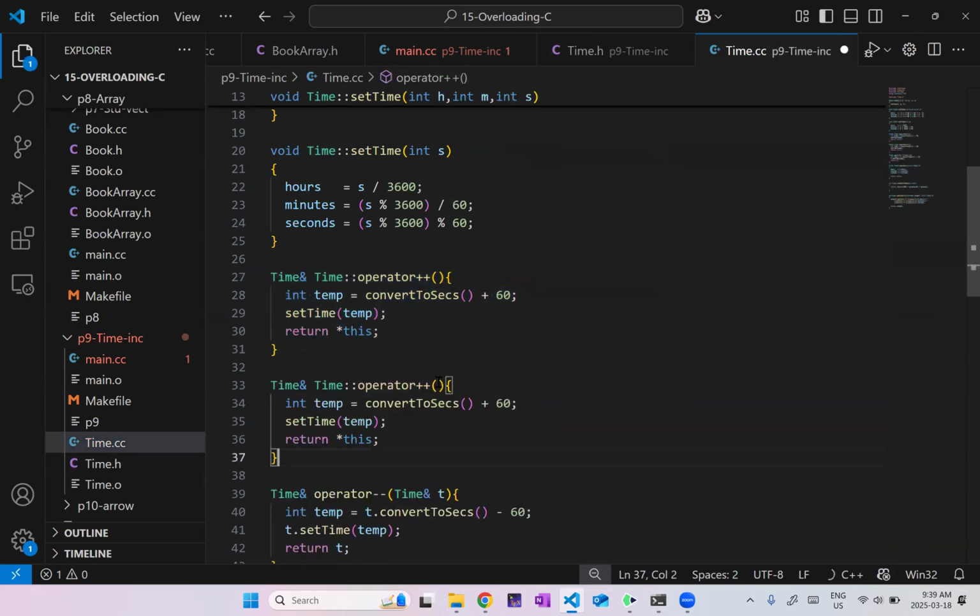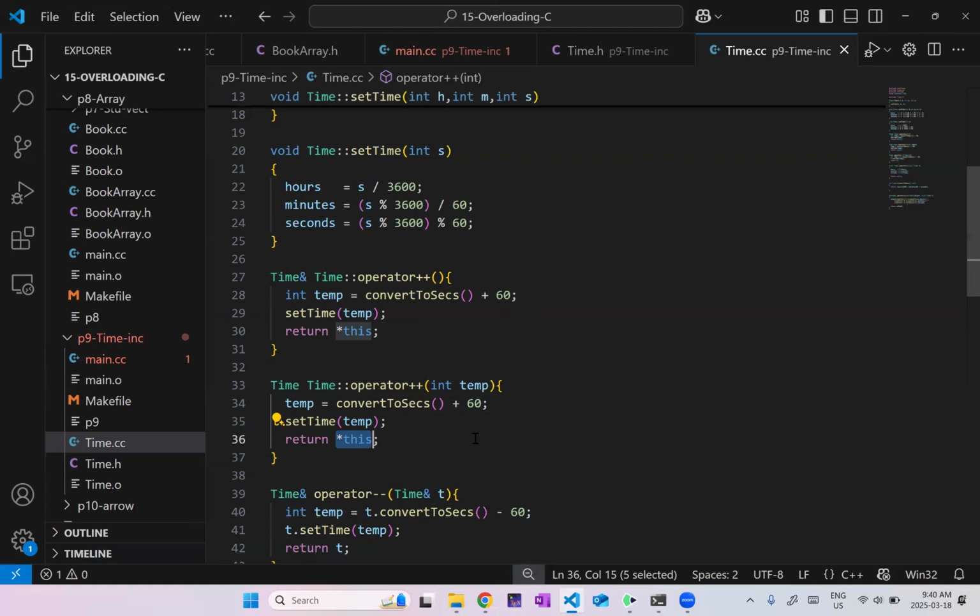So we want to do something similar. We want this dummy. Now, I don't have to use this, but I declare a local variable here. I can just use this dummy variable instead. It doesn't get any values that I know of. Maybe it starts as 0, maybe not, but we're going to use it because you can. So we're going to say temp equals convert to seconds plus 60, set to temp. And then we're going to return not this, but,